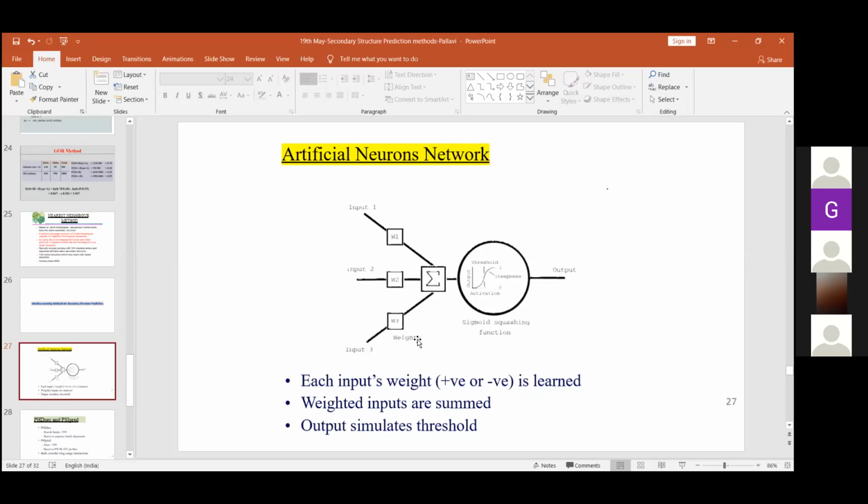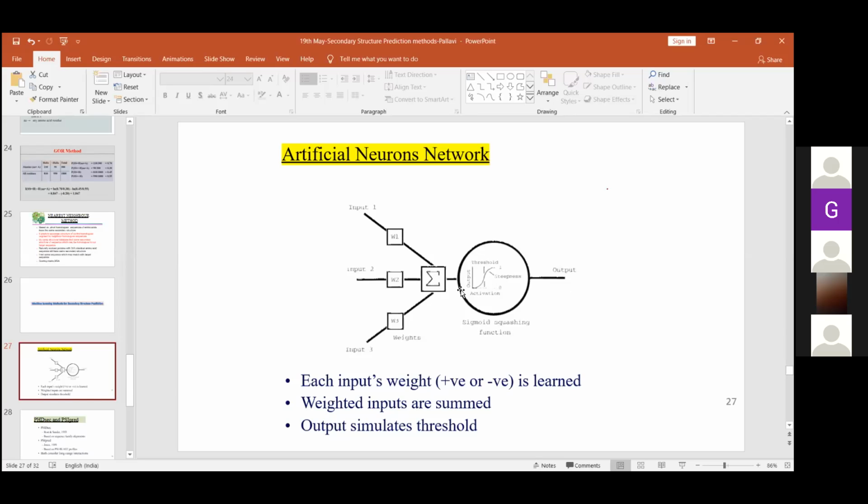So different weights are assigned to the inputs, and they undergo processing in a hidden layer. We also don't exactly know what processing is done in the hidden layer, but we assume that there are certain mathematical functions. Like here I have considered the sigmoid squashing function. Sometimes you also use log half max functions for processing in the hidden layer. There is a processing of these inputs based on some weight and amplification in the hidden layer, and you get an output.